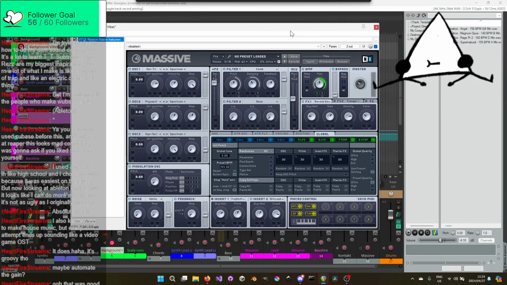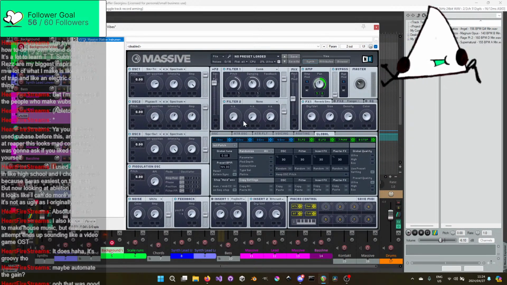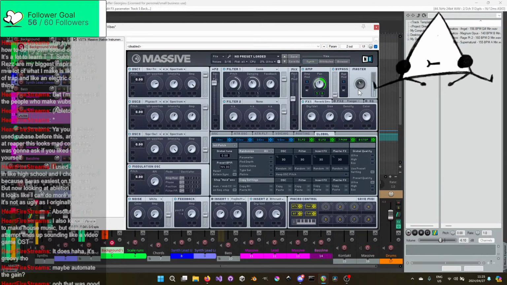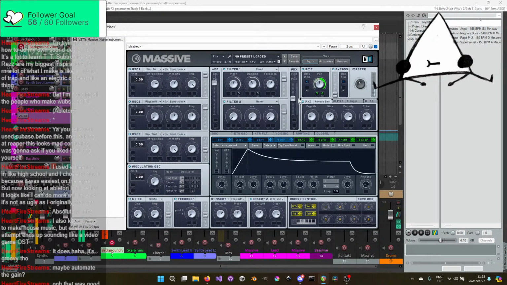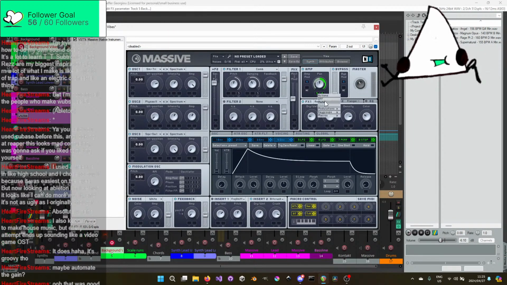Okay, so got Massive here. In terms of what I've got going on with the synth, there's not too much going on. I have some small reverb just to add a bit more effects. I've turned down the volume because Massive really likes being very loud, and balancing is hell. And the main thing affecting the volume, I believe, is the bit crush. Why is everything so soft? Or is it just the filter? But I've essentially got two... What happens if I mute one?